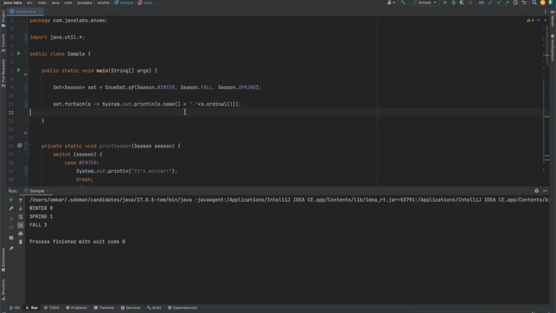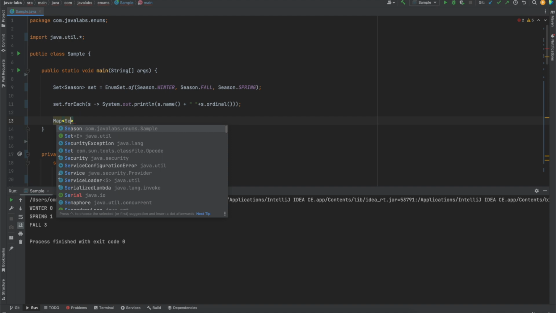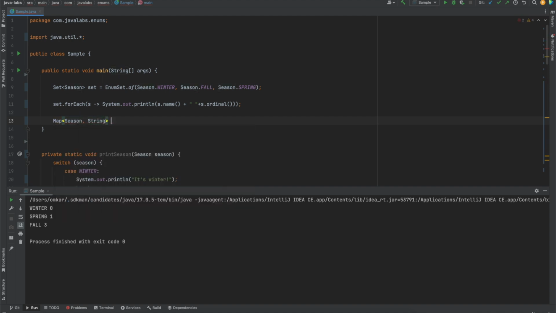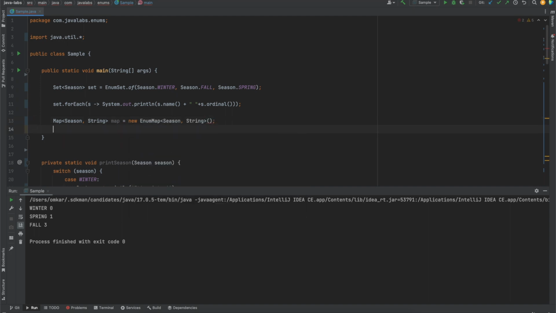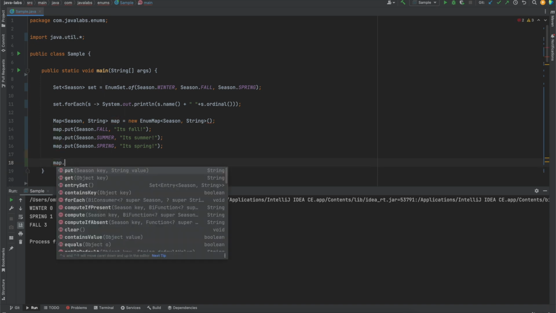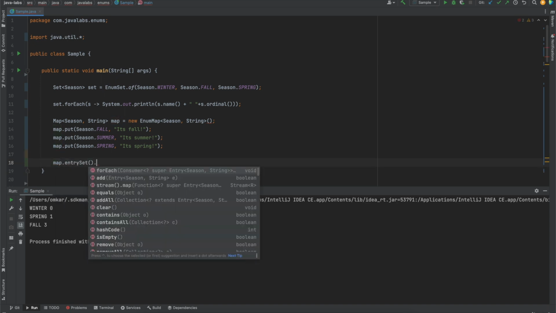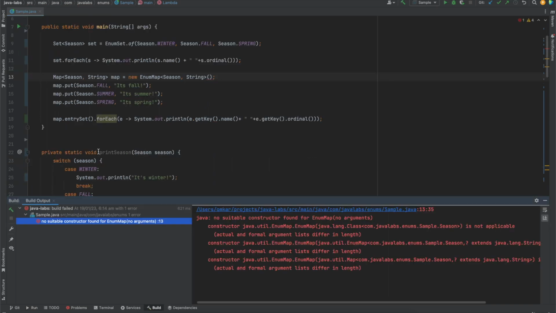We have EnumMap. Let's see that through an example. Let me create a map with a mapping from season to some string, and let me put a few elements. Now if I have to print this, let me print both the name and the ordinal. So if I need to run this,